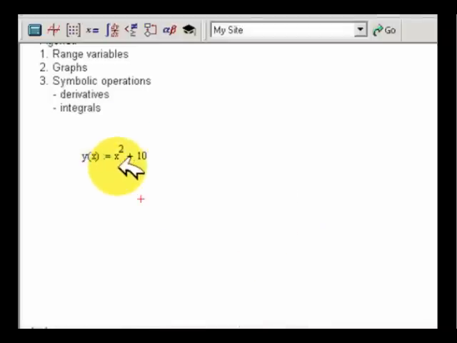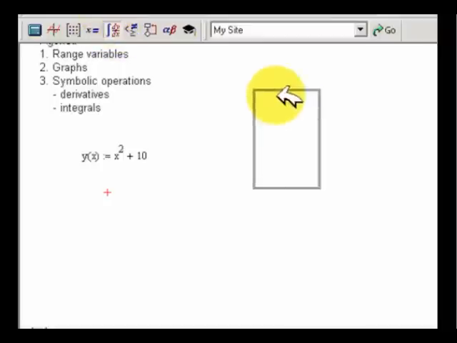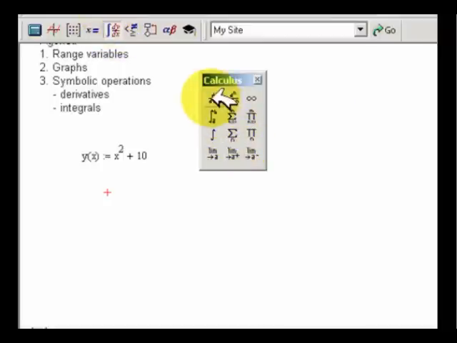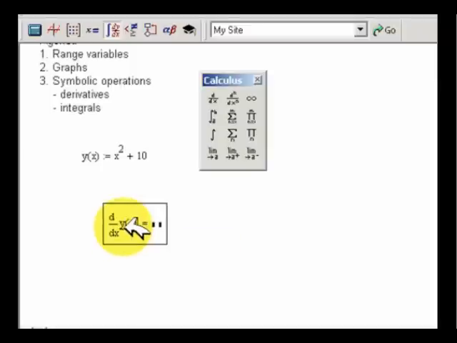So I have this equation, y equals x squared plus 10. Well, I can go up here and get my calculus toolbar. Of course, it shows up off screen. And I can do things like a derivative. So I can go in here and take a derivative of this. Now, if you know calculus, I can say dy, oops, I don't need a capital Y, y of x equals,